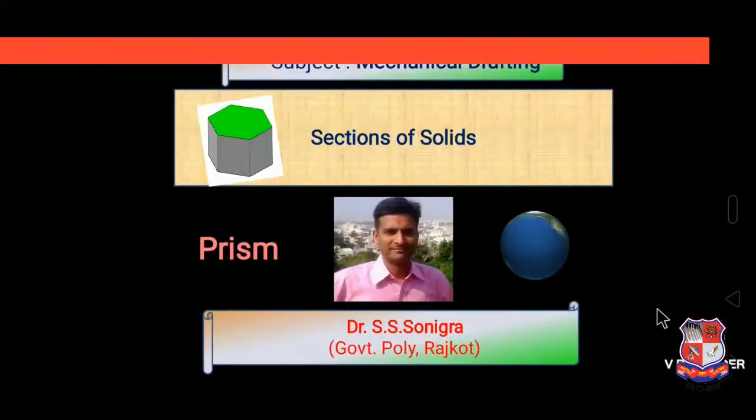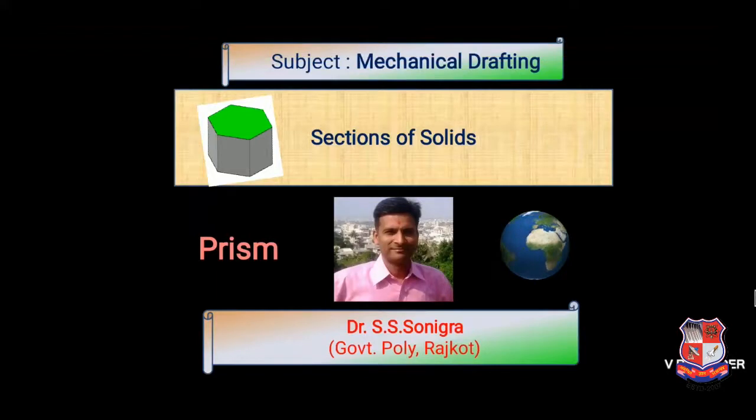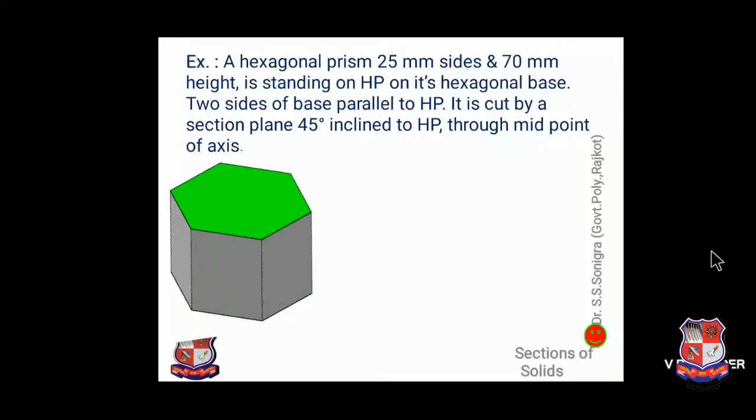Hello friends, in this session we will discuss how to draw sectional views of a given prism, particularly a hexagonal prism. The data will be given to you like this in examination. A hexagonal prism, 25 mm sides and 70 mm height, is standing on the horizontal plane on its hexagonal base. Now I have read the first line, and I draw accordingly: 25 mm sides, draw the XY line,